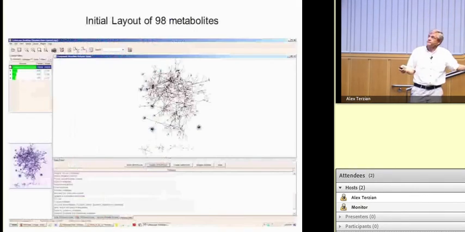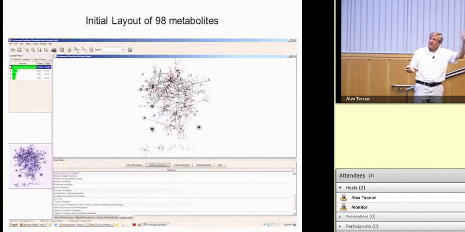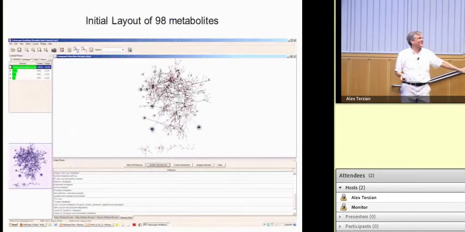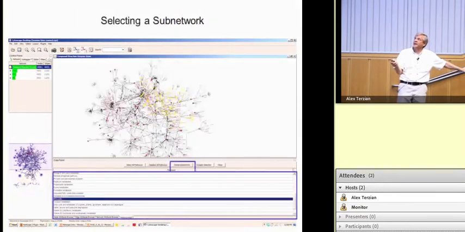the cells. So this is one of the earlier things that we did with Ala, with Medscape, and I have to thank her because she did all this work. So what we did is we took the 98 metabolites that we could find, and we put them in a layout, and you see these red dots here are the identified metabolites. We selected a sub-network, and obviously we looked at all of these, but we took, plucking out the TCA cycle